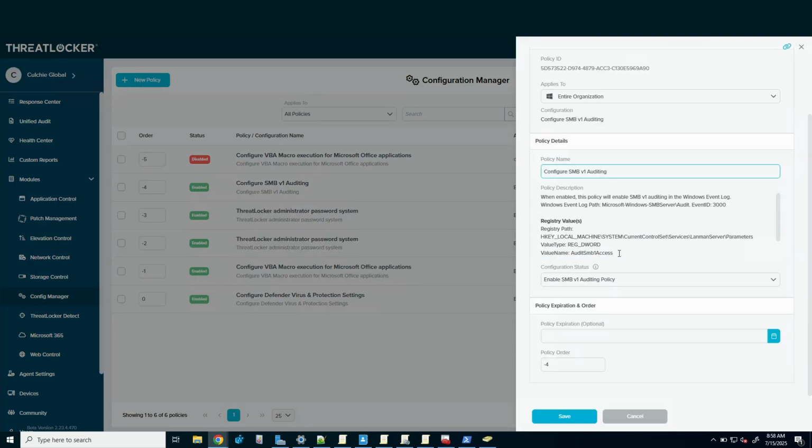So when you go into a policy, if you wanted to change this back, you'd actually have 3 options here. Enable SMB version 1, disable SMB version 1, or set the policy to not configured. When you set the policy to not configured, it basically leaves it as it is. Same as deleting the policy. If you said I want to enable it and then I want to disable it, you'd actually set it back to disabled, and it will stick after you remove ThreatLocker. So if you've set a config manager policy and want to set it back, do it before you remove the agent.